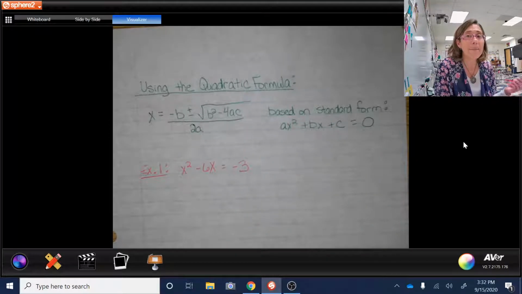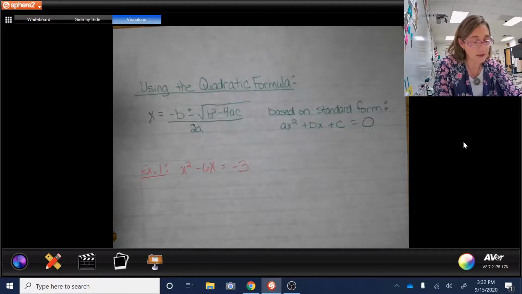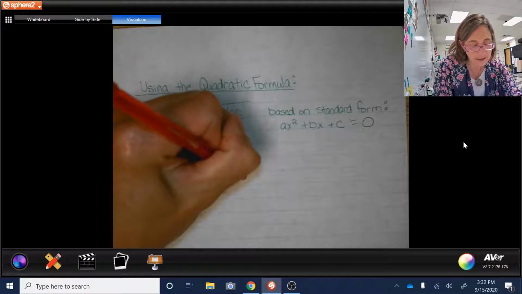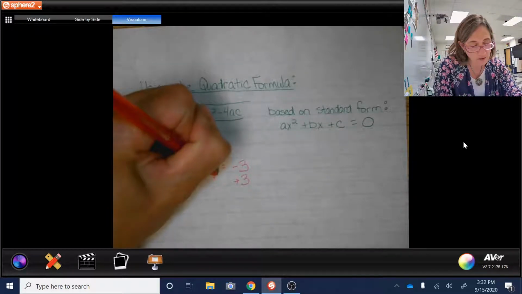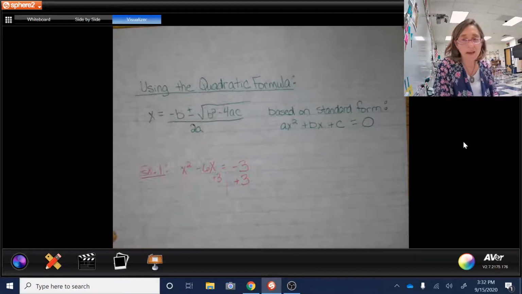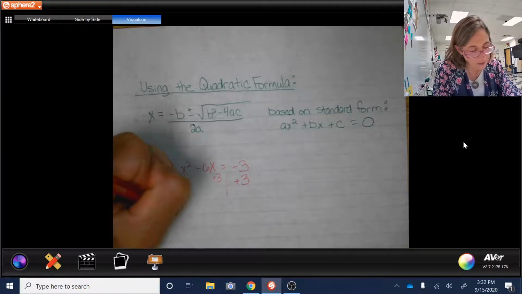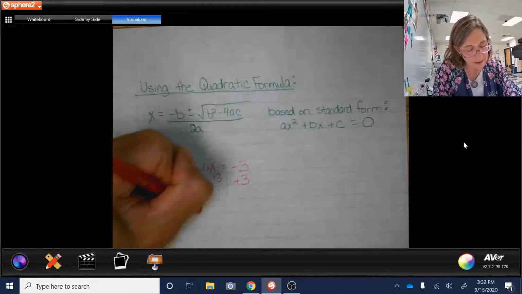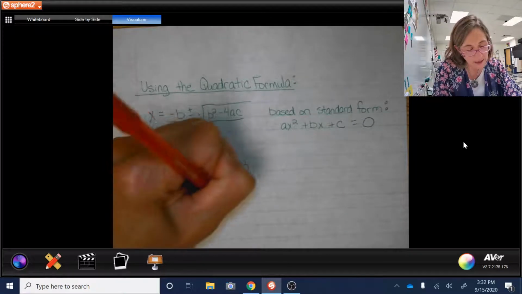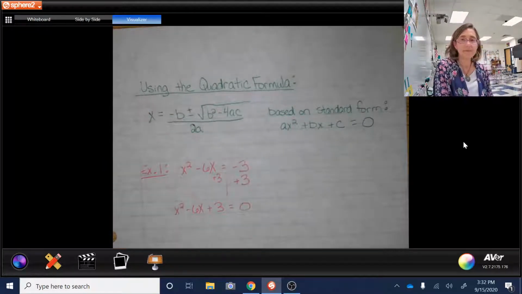Is there a way you can make that minus 3 go away? Well, to get rid of a negative 3, you could add 3. So I'm going to add 3 on both sides of my equation here. I'll squeeze it in right here on the left-hand side of that equals. So we'll have x squared minus 6x plus 3 equals 0. So that is better news because now it is in standard form,